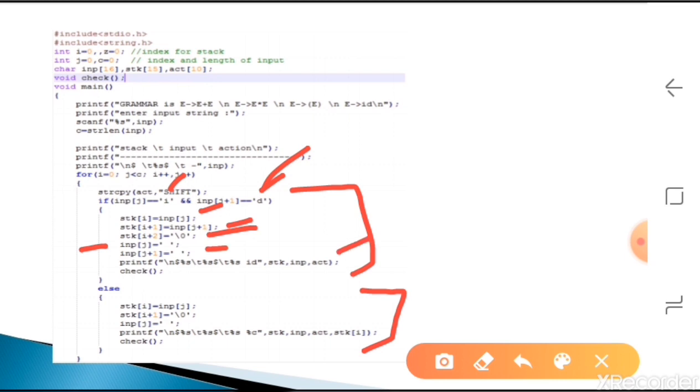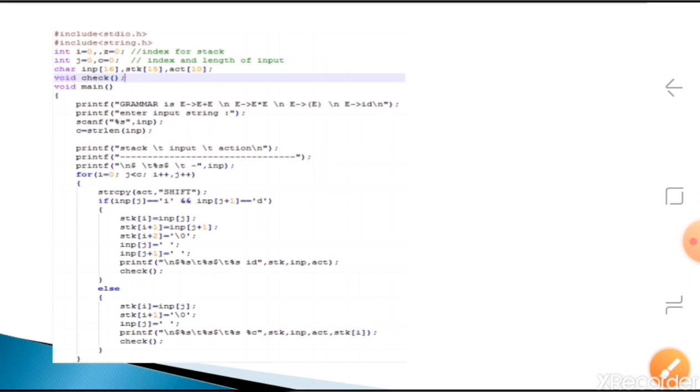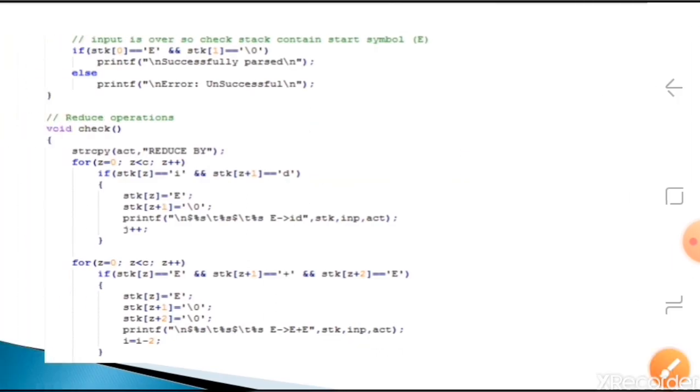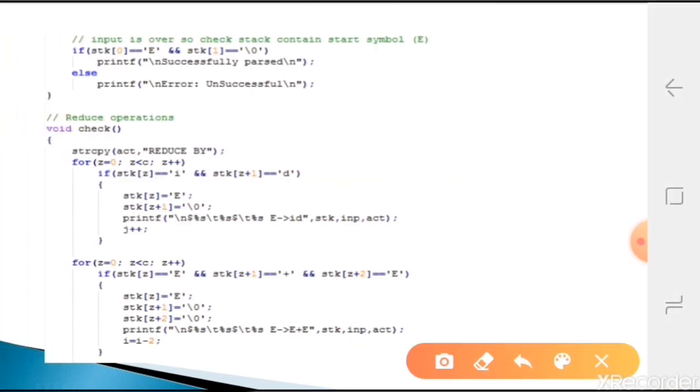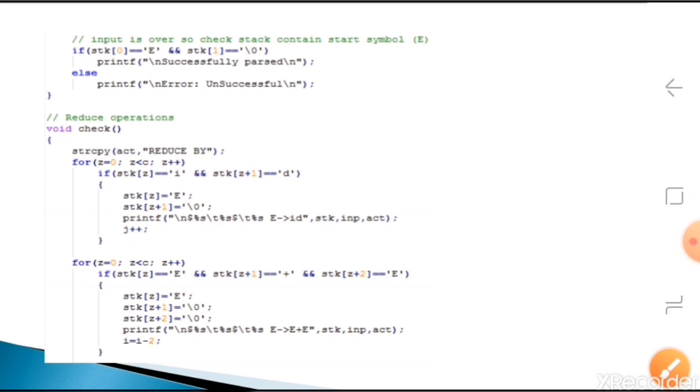So the first step is that whatever stack content id will be passed, input id will be removed, then the action, that is the shift part. Whatever we wrote here as the shift part, we have to do it. Immediately after, we are calling the check function. Check function is nothing but we are saying that after a shift you may have to reduce, so go and check it. That is the check function part. Here is the reduce part. What is that reduce part? In detail we'll study it later.